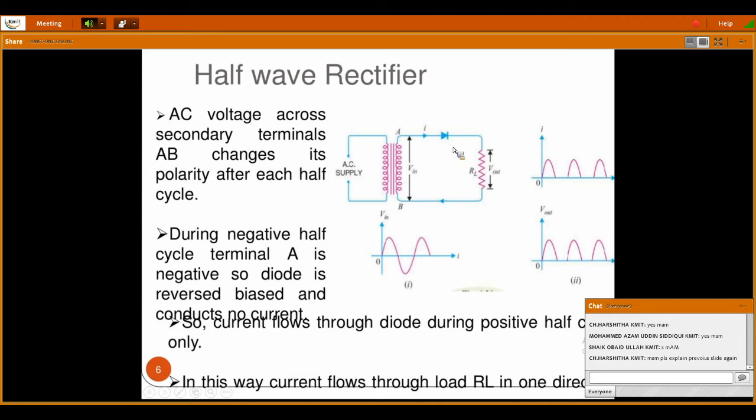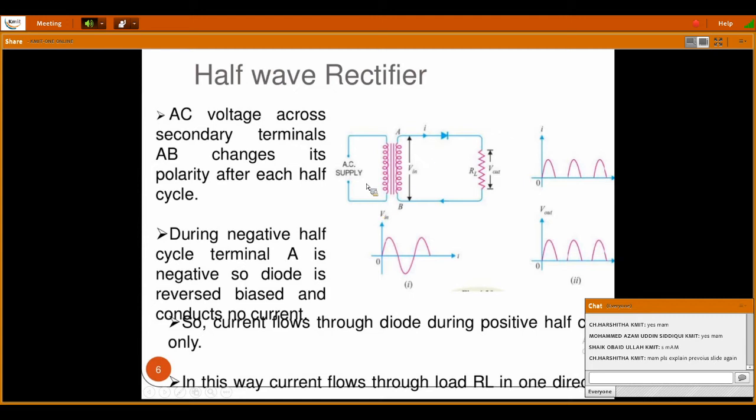Now when the diode is forward biased, we know that the current will be flowing in the order of milliamps, and the diode readily conducts. So the total positive half cycle will be passed through the diode, and the same will be taken across the load resistor. So during positive half cycle, since the diode is conducting, we are getting output as it is, neglecting diode drops, resistor drops, etc. So output is equal to input during positive half cycle.